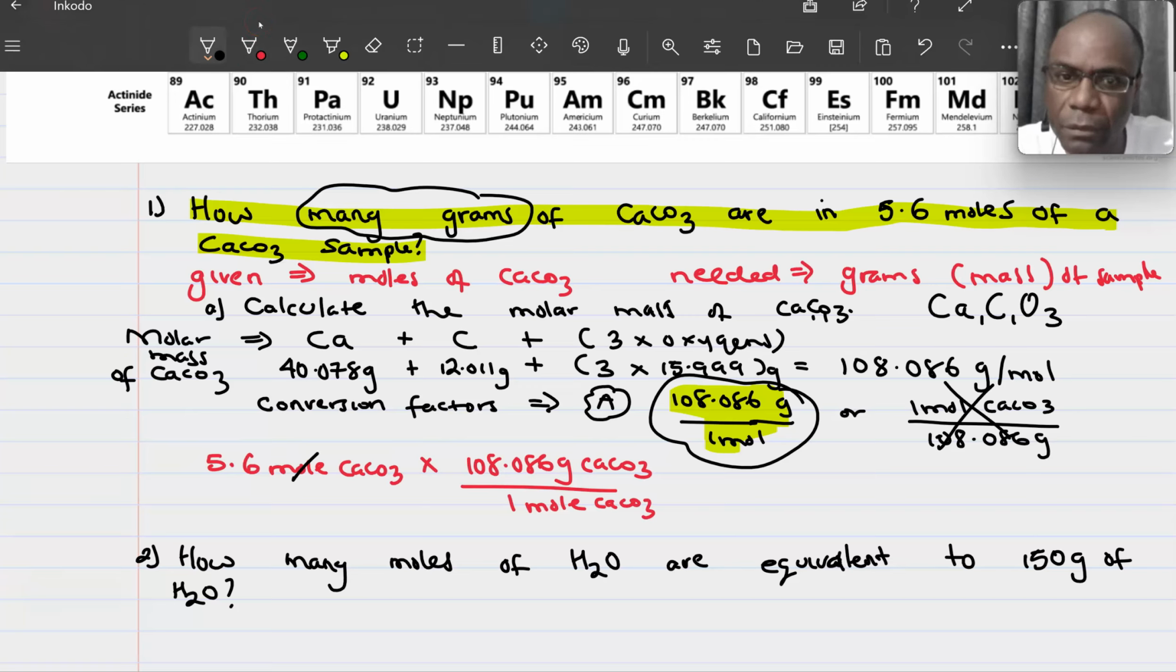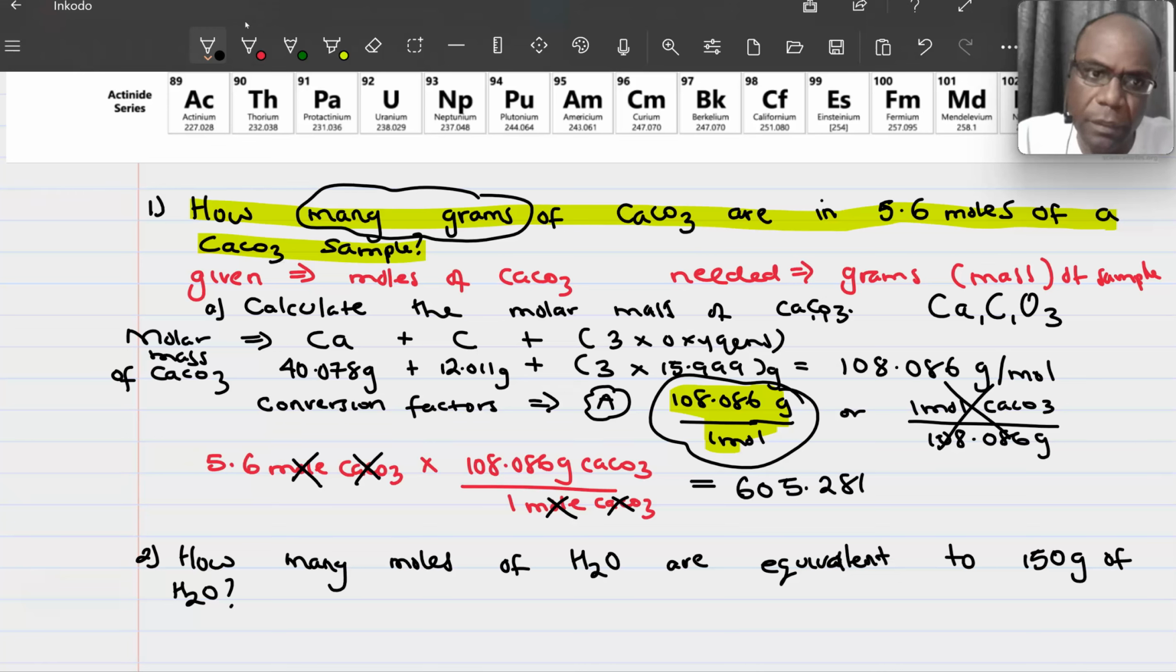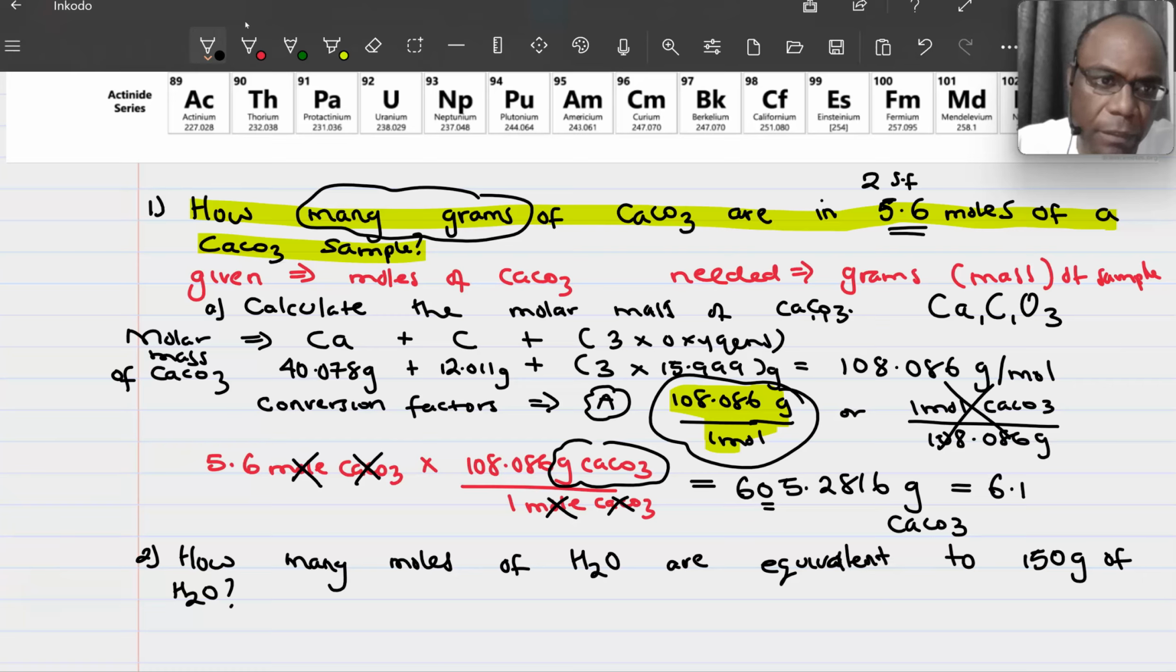Now this is important because now we know these moles will cancel out, and the answer here will be 605.2816 grams calcium carbonate because that unit did not cancel out. However, if you look at the problem, we are given the value in two significant figures. So our answer in two sig figs is gonna be 6.1 times 10 to the power,